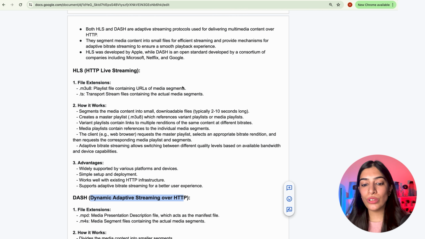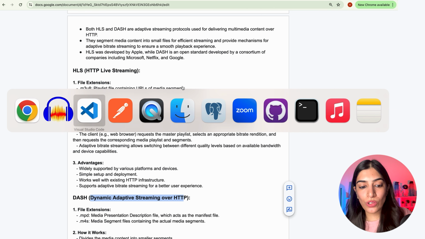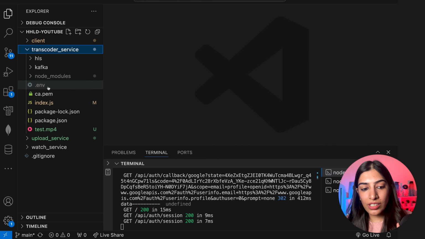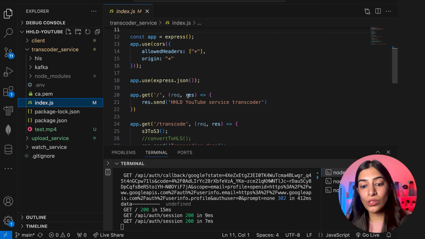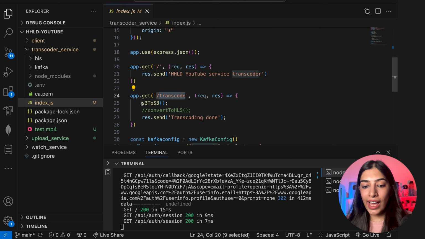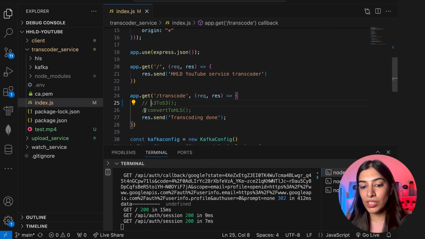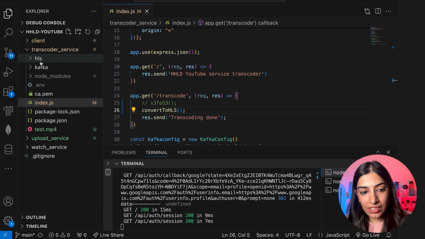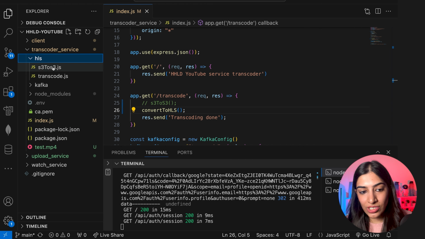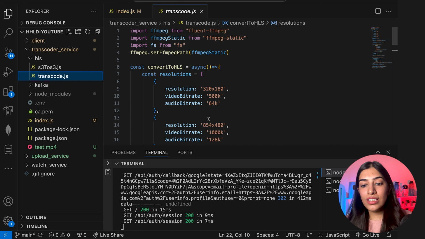For now, forget everything else and just see our transcoder service. In our transcoder service, what we had written so far is just consuming the message from Kafka. It's time that we see the actual code of transcoding, right? So let's go back to our code. Coming to the transcoder service in index, just to test right now, in transcode, I'll be commenting this out because this is the final one that we'll be using. For now, we'll be using convertToHLS. If I go to convert HLS in the HLS folder, here is where the actual